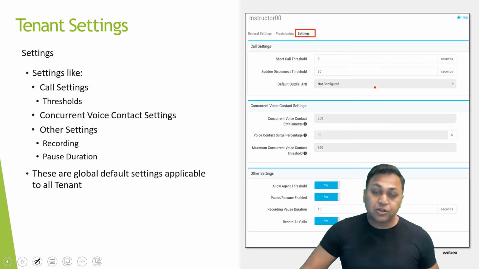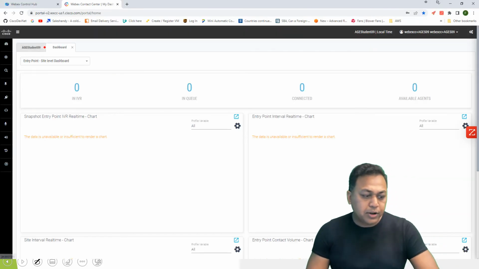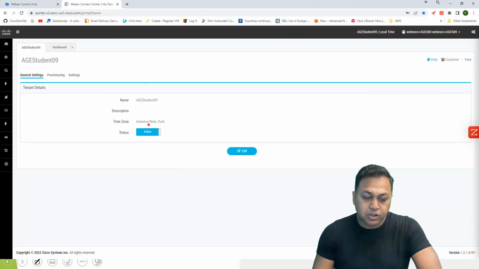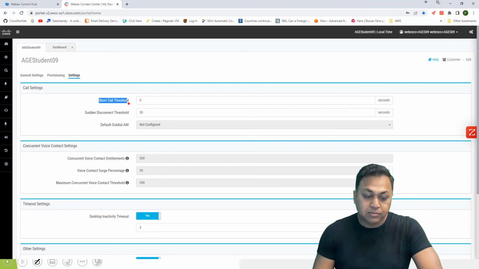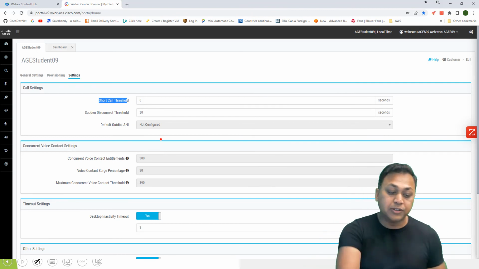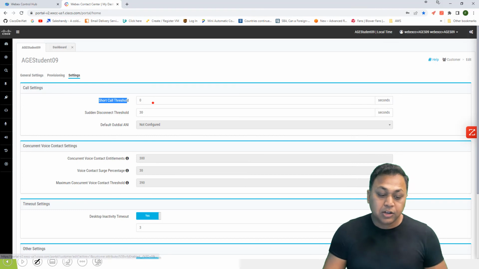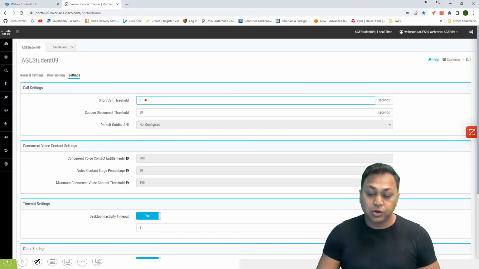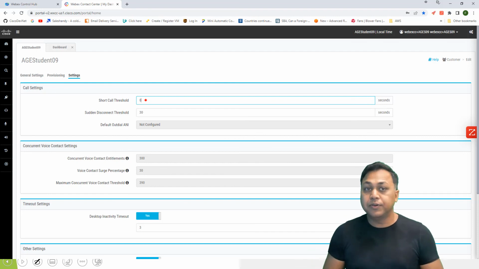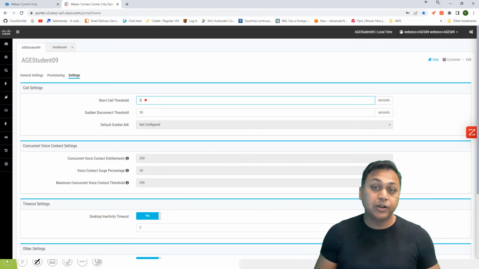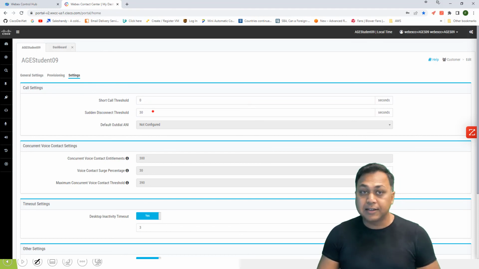So let's take a look at what a tenant configuration will look like. I'm right now on this tenant configuration. If my time zone is correct, as you can see, I can click on edit and I can change some settings that will go to the settings particular tabs. So here I can set short call threshold. Maybe if a call lasted for 30 seconds or 15 seconds, it can be configured as a short call. And there is also sudden disconnect threshold, 30 seconds, if it disconnects with